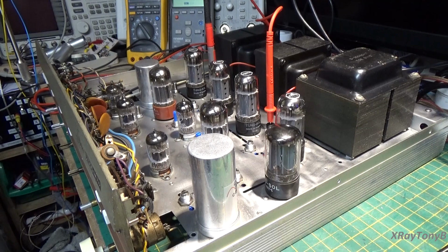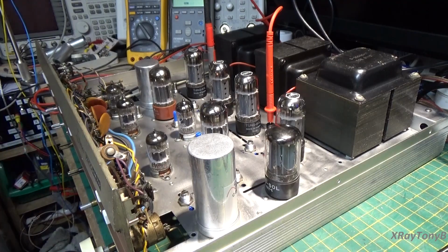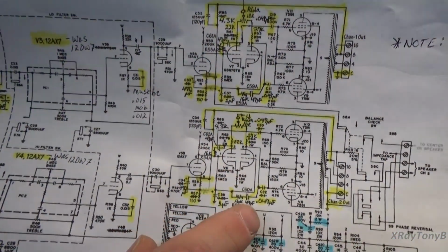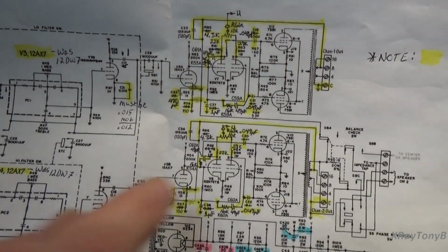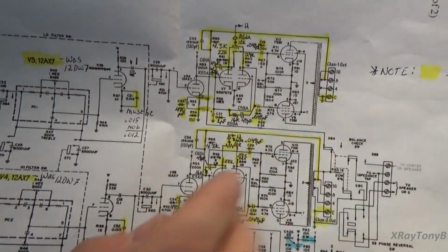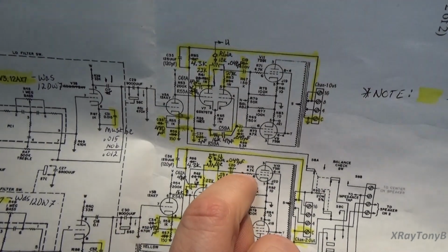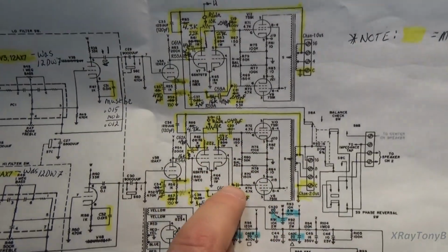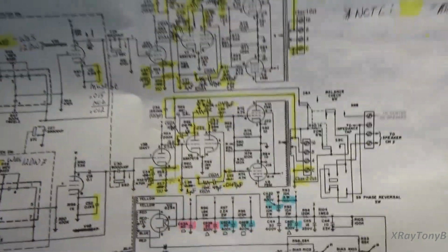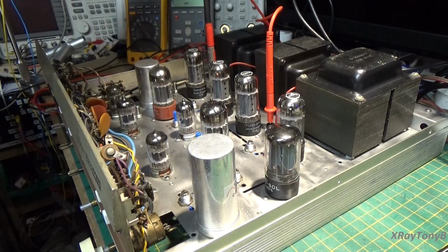Now, there's 2 ways that we can do this. And just so you know, since I had this up on its side, I already adjusted these pots. But the way I prefer to do it is I pull the output tubes out of the sockets, then I turn the amp on its side or flip it upside down, power it up, and put my oscilloscope between this tube right here, after the decoupling cap, and right here after the decoupling cap. And remember, you want to make sure this amp is plugged into an isolation transformer just for good measure,